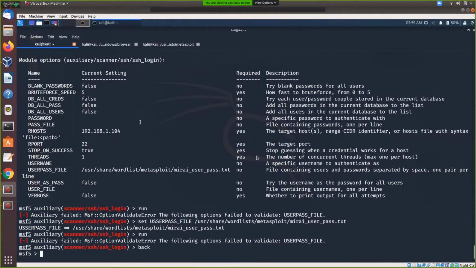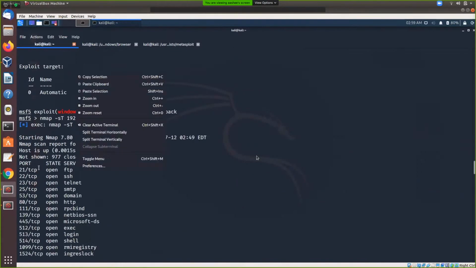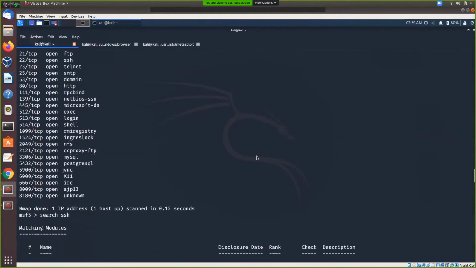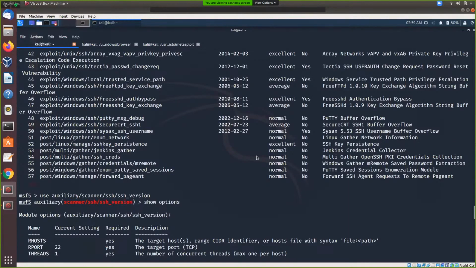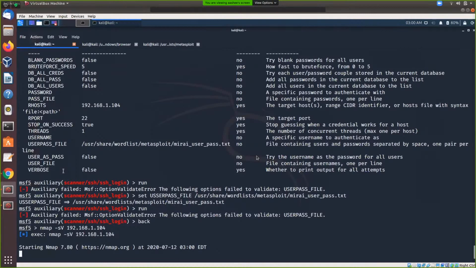With our Nmap scan, we got to know that we had the FTP service open over here, but I want to know the version of FTP, so I'll run it once again with the version. It will take a few minutes.